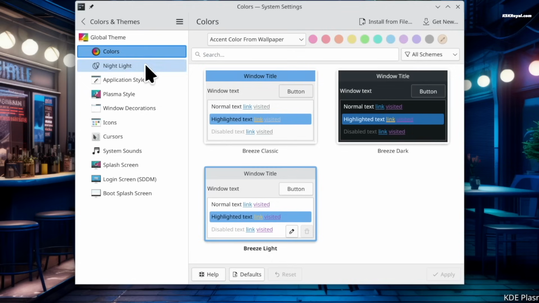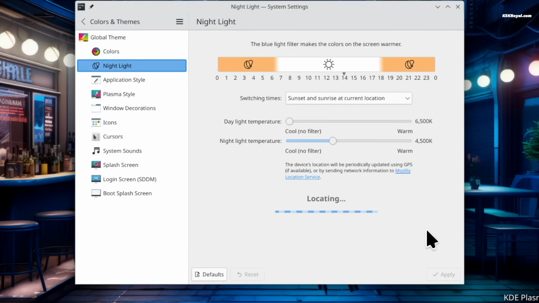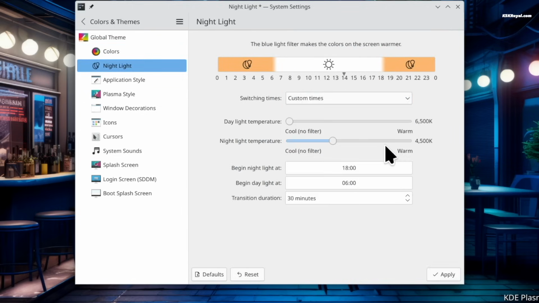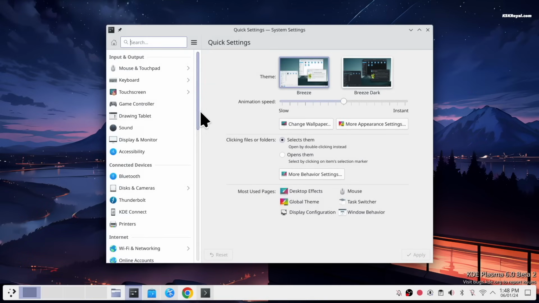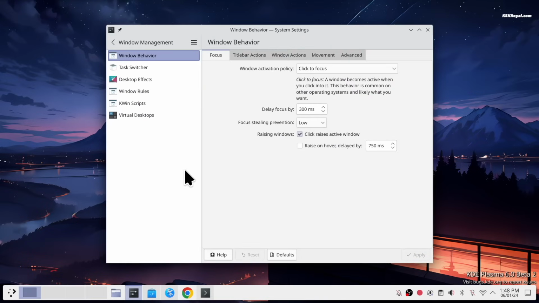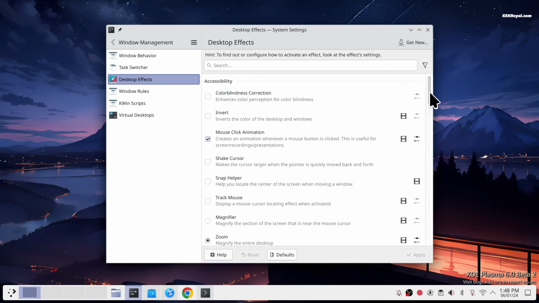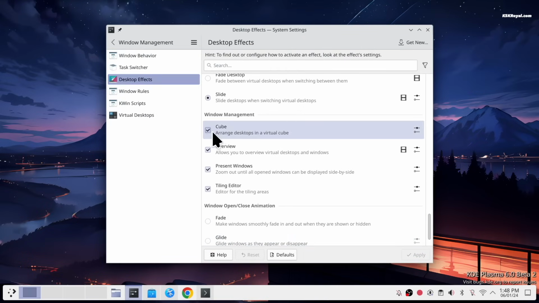Also, the night light settings in KDE Plasma 6 look much better than before. When it comes to desktop effects, under Window Management, you can enable Cube Mode to arrange the workspaces or virtual desktops in a vertical cube.